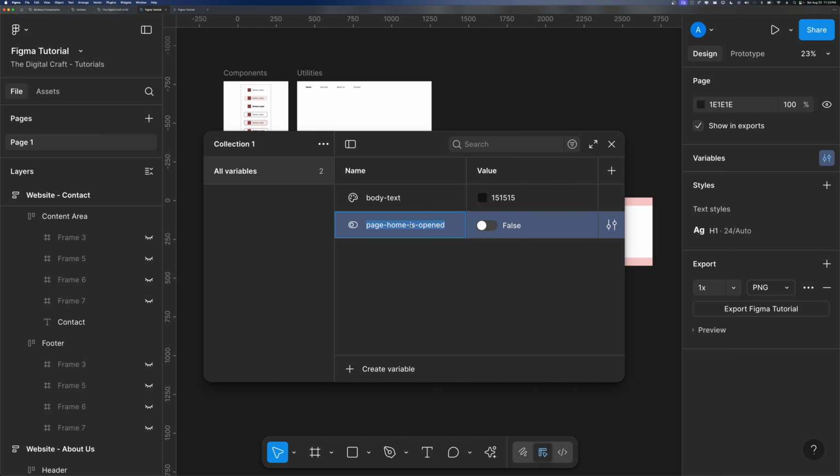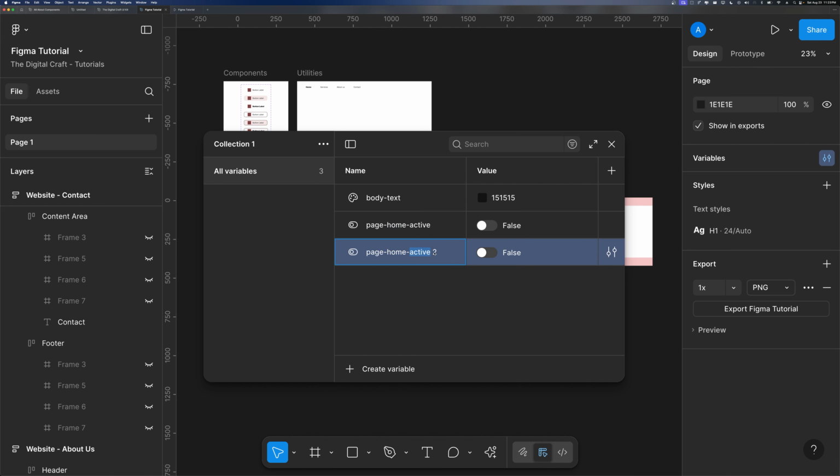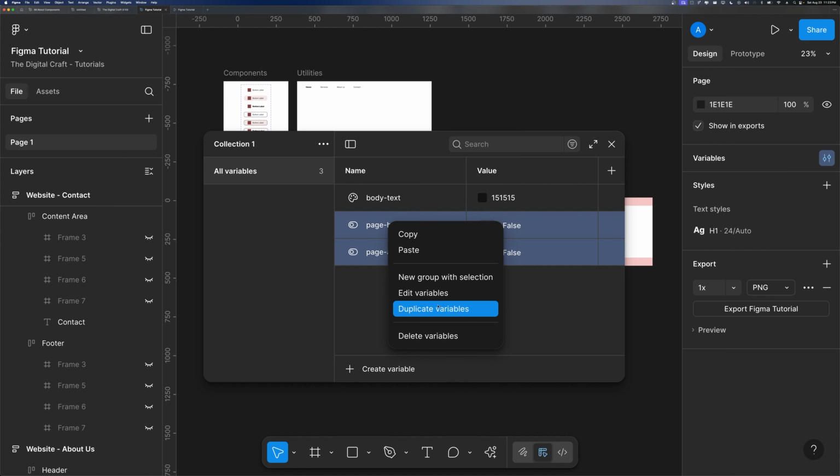Actually, we can make this a little easier, and line it up with our button property or states. So we could do page home active, and we'll set that to false for now. If we select this, not the text, but the variable itself, right click, we could do duplicate, and let's do a little cleanup here. This may or may not be the more efficient way to do it, but page, was the second one, about us, active, and we could select both of these now, right click, duplicate,